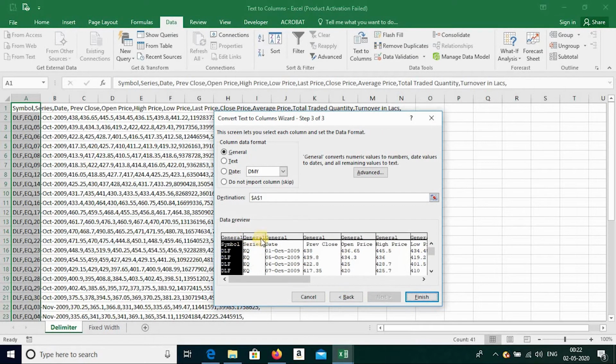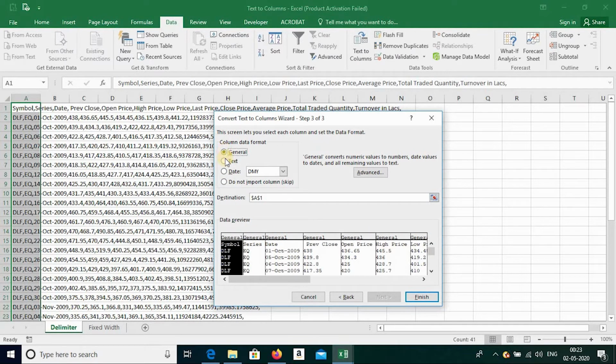Here, if you look carefully, there are two headings. The first heading is the format, General, and the second is the actual heading. Under Column data format, there are General, Text, and Date. You can choose whichever you want among these three. Suppose you click Text, then only that one column is chosen and becomes Text, and the rest remain General. We wanted all in General.